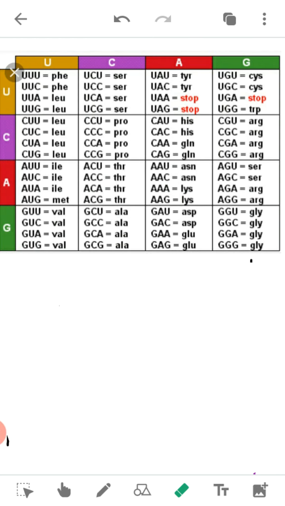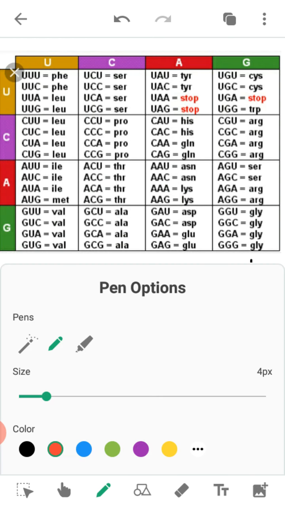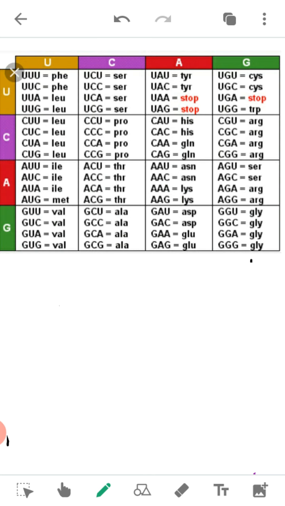Today I will tell you how to remember amino acids in each column easily within 5 minutes. So see here, in the first column there is phenylalanine, leucine, isoleucine, methionine, valine. For this first column you can easily remember by a mnemonic, that is